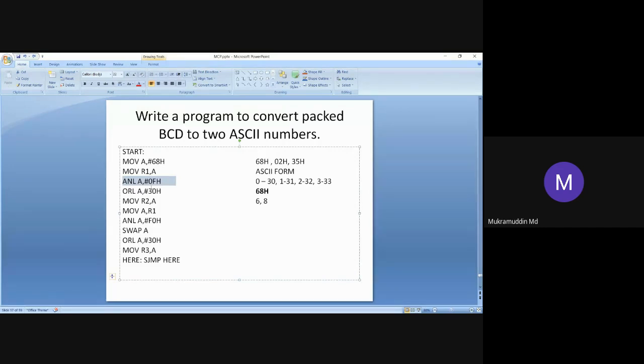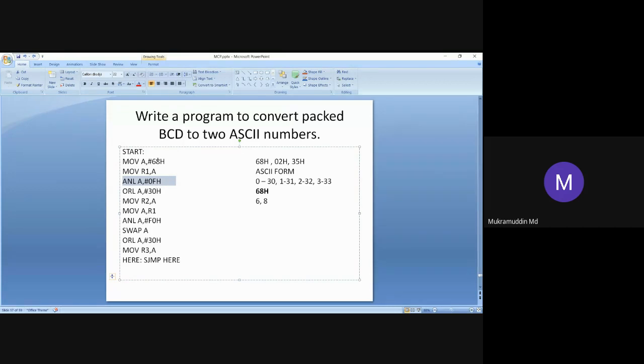A register contains the packed BCD number, that is 68. From that 68, we need to separate 8. For that, we are writing this step, ANL A, #0FH. So AND logic is applied between A register, that is 68H, and 0FH.